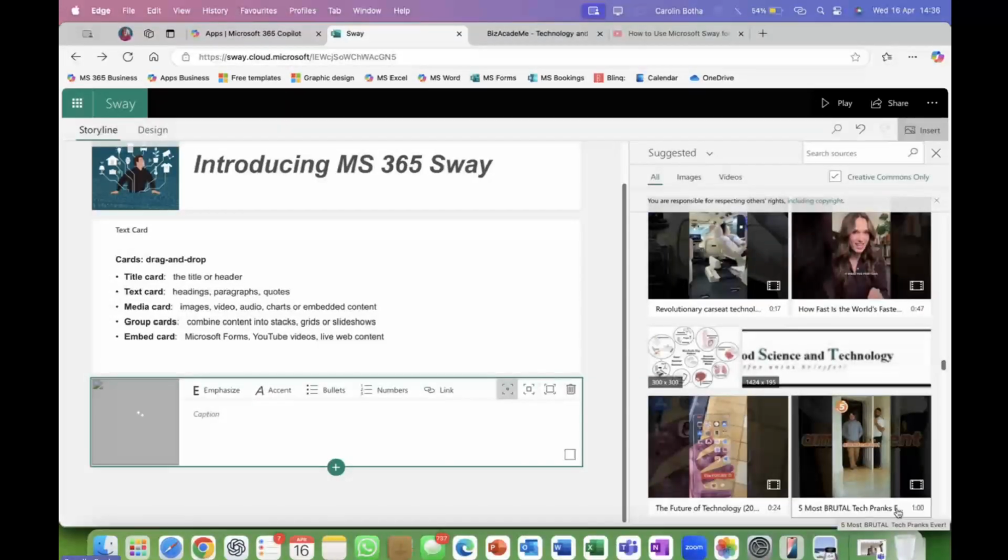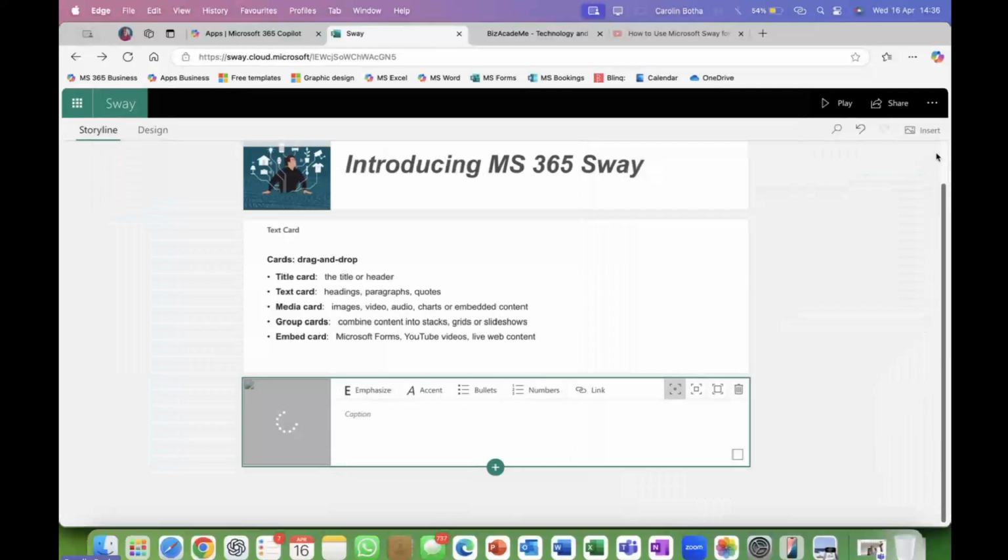Maybe it won't look too good. It is thinking about it. I'm not exactly sure what it is thinking about because it's not something online that I insert. While it's doing that, or maybe that won't work too well, we'll work around that. But while it's busy, I can add a caption.